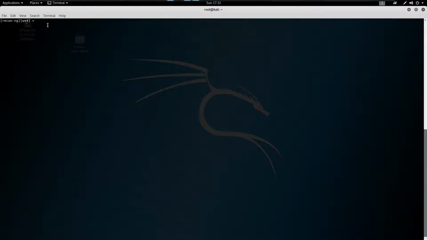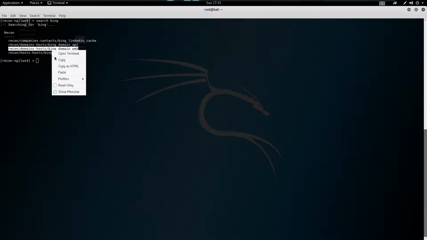Now to perform a scan on different websites, web applications and some companies, you have to just use the different modules. Now here I am using the module named recon domains-hosts, to check what the different domains are that are available.